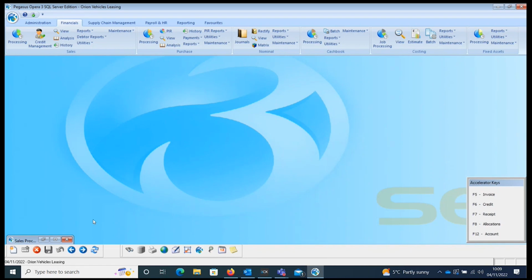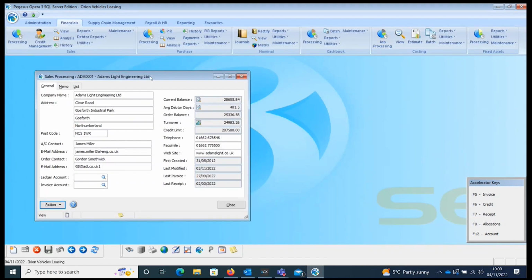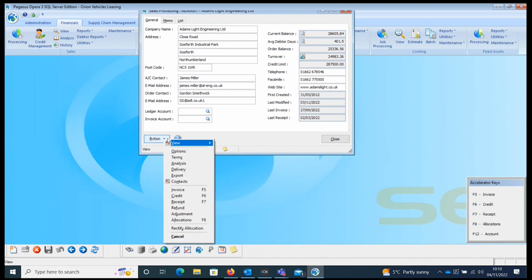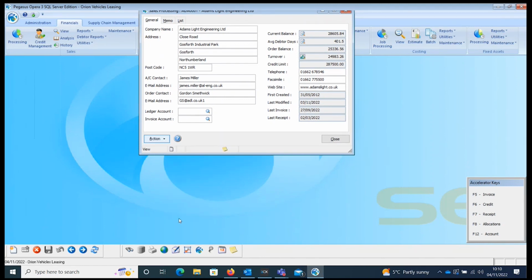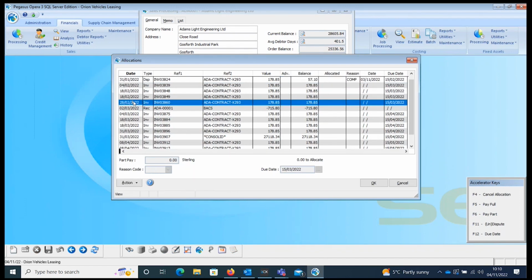Let me show you some of the things that we can do here. So if I just go to the action and minimize that a little bit more so I can see all my options. And if you go to allocations, we've got an invoice here, so I'm chasing the debt and the client's saying, well, actually, I'm not going to pay this particular invoice because I've actually got an issue with that particular invoice. So what you can do, and this is on the allocation screen, if you go to the action button, you have got an option that says dispute. So if I click on dispute,